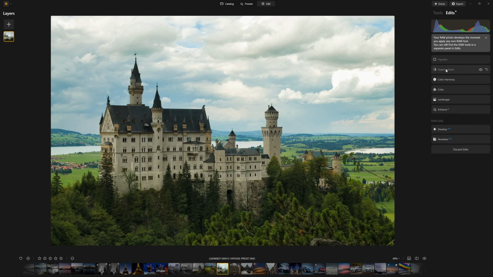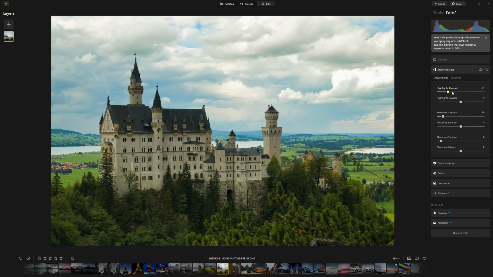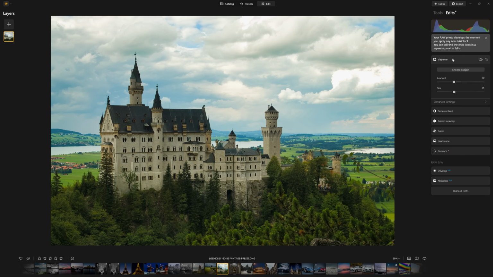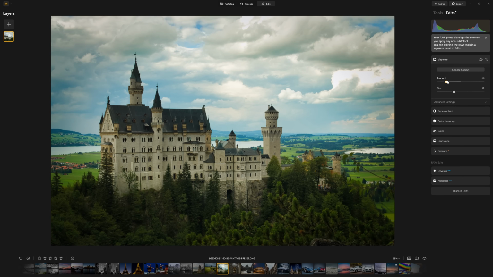For the final touch in this one, they just added some super contrast, which is a really great way of controlling the contrast specifically in your highlights, in your midtones, and in the shadows as well. So you can brighten shadows up, darken them down. You really have a lot of control with this tool. And finally, they've just dropped in a little bit of a vignette. What's that? Well, let's push the amount of that slider quite heavily so we can clearly see what it's doing